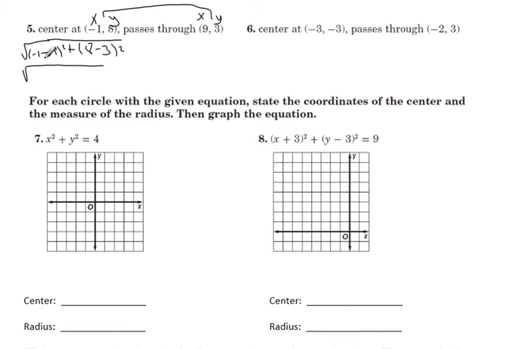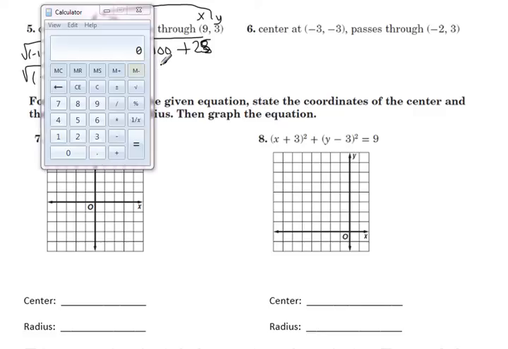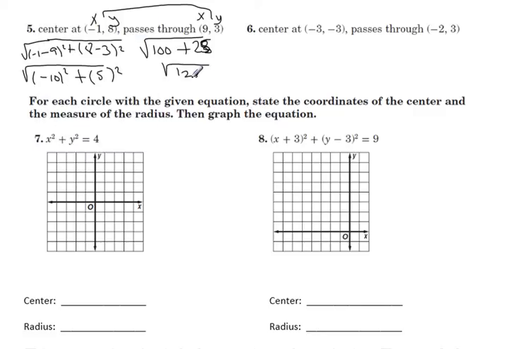Bringing it on down, we got -1 minus 9, which is -10, and we're going to square it. 8 minus 3 is 5, and we're going to square it. -10 squared is -10 times -10, which is positive 100, and 5 squared is 25. That equals the square root of 125,